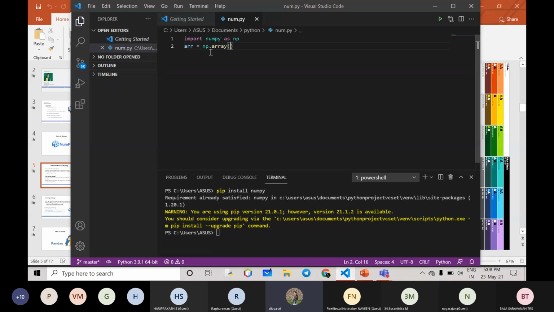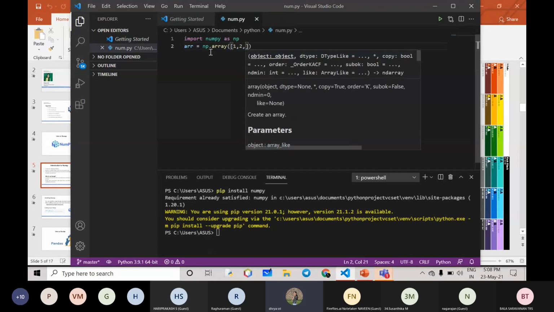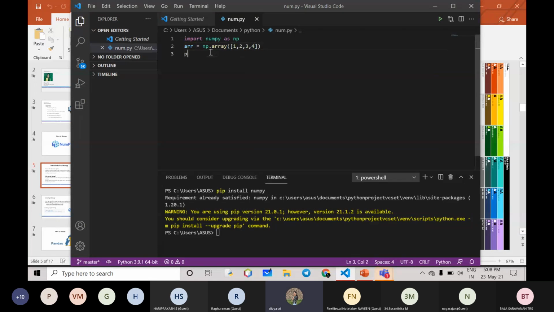The array should always be in square brackets. Let's give it 1, 2, 3, 4, and print this ARR. First I have installed NumPy, then imported NumPy as np, then I am calling np.array. Array is a function. I am storing this set of numbers in the variable ARR.